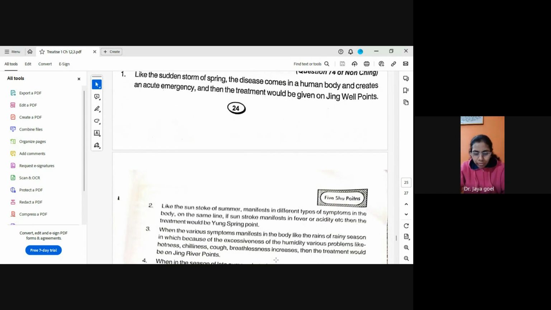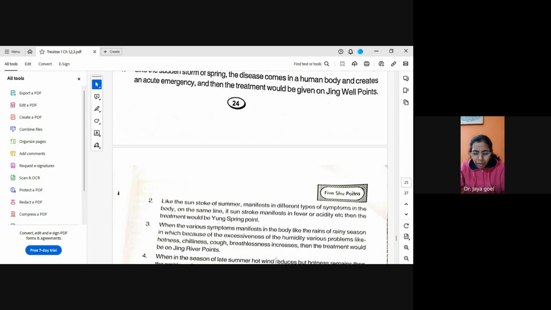Like in sunstroke, in summer, it manifests in different types of symptoms in the body along the same line. If a stroke manifests as fever or acidity, etc., then the treatment would be the Ying-spring point,